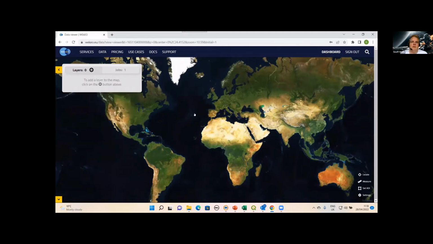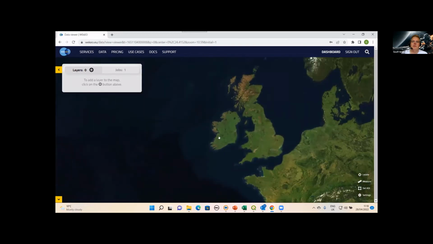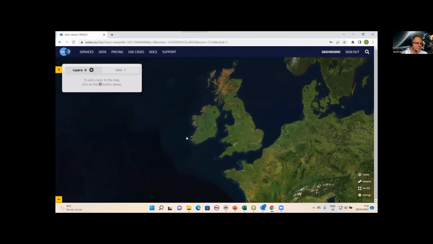So when you get into the application, you're shown this world map, and you're able to then, with simple mouse controls, zoom around and find your area of interest. And what I'm going to talk about now is a quick overview of some of the things that are available from the marine, or the marine and atmospheric side, that can be used as important inputs when we're looking at the drivers of coastal change.